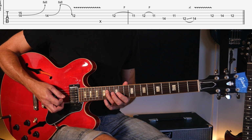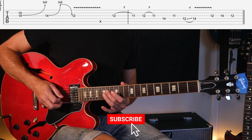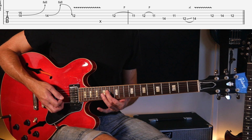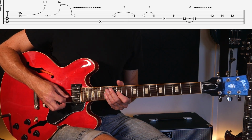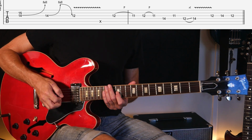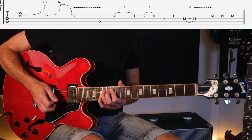So 14 on the 4th string, going to the 11 on that 3rd string, and then 12 slide to 14 on that 4th string there. Again, vibrato on that note which you're holding on to. Then there's a kind of tail off at the end of that lick, but we'll use that as the beginning of lick 2. It's just the way that it's written out. That's all lick 1. Well, actually, no, let me do that as lick 1 for you now, slowly. So it goes 3, 4, and...